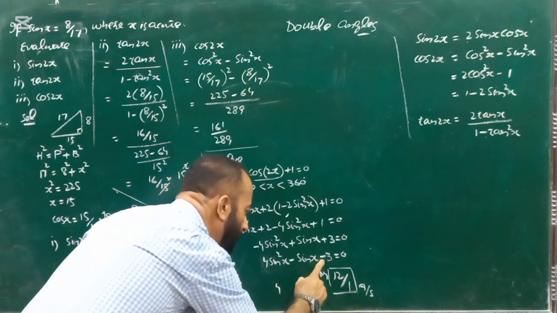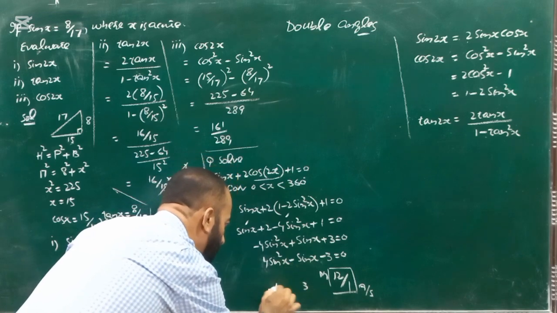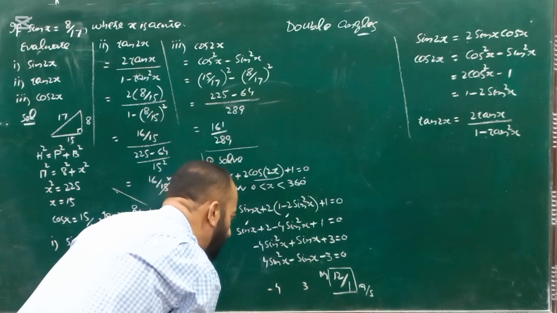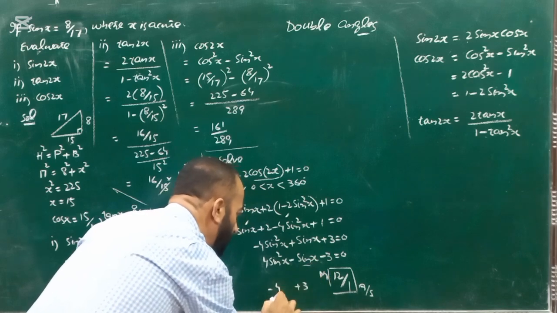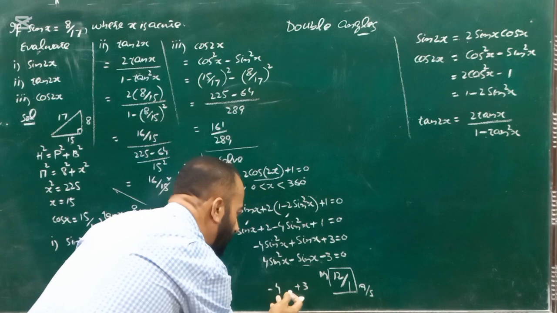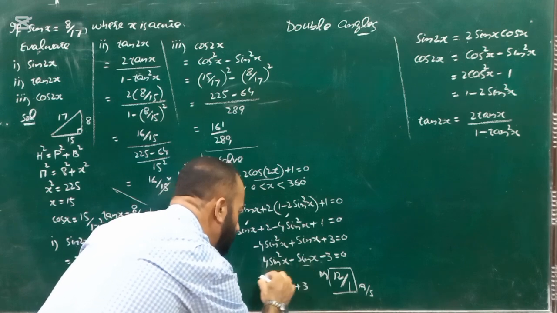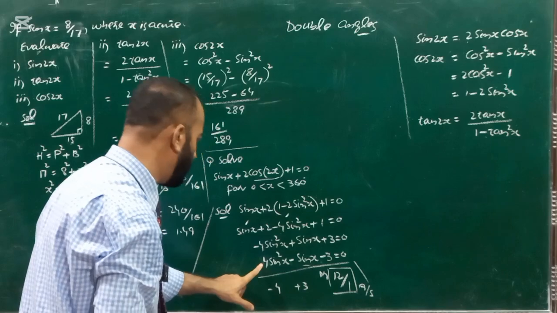This sign is telling us that opposite sign will come, and this sign is telling us that bigger will have minus sign and smaller will have positive sign, and sin x will be written with these two numbers, and we will place this factor in place of this one. So this was rough work. So proceeding further from this step,